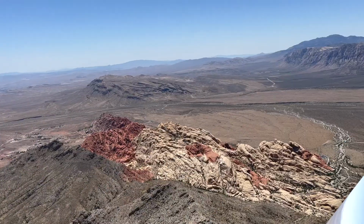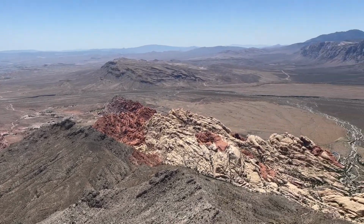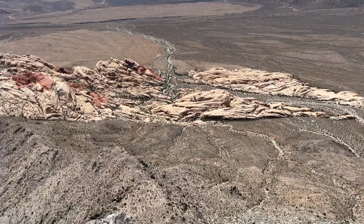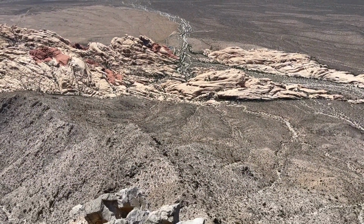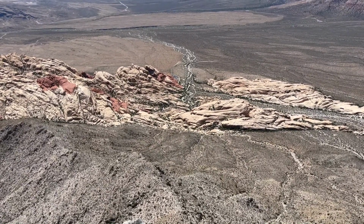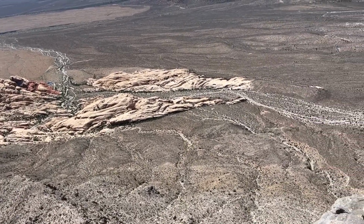And I just put on more sunscreen before I go down, and I'm going to turn the camera around to show you these views. All right, see you in a few. All right, here is the priceless view from the summit of Turtlehead Peak. Down there I could see the parking lot, like centered right on the screen. But we came around all that sandstone, if you remember from the beginning,